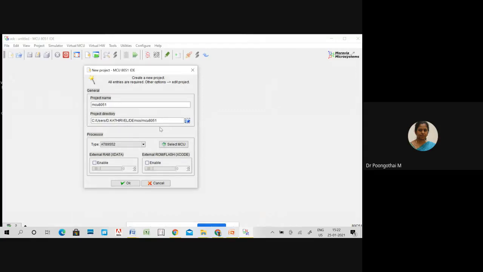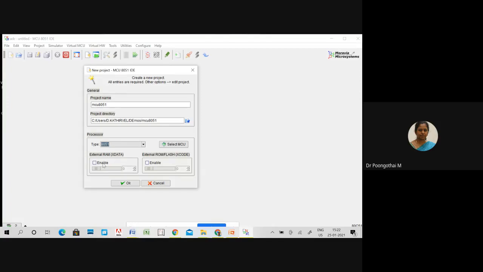After that, you have to select your processor. We are using the 8051 microcontroller, so select that 8051. Select your microcontroller, whichever we are using. So 8051 is selected. After that, you have to enable both your data memory and code memory.